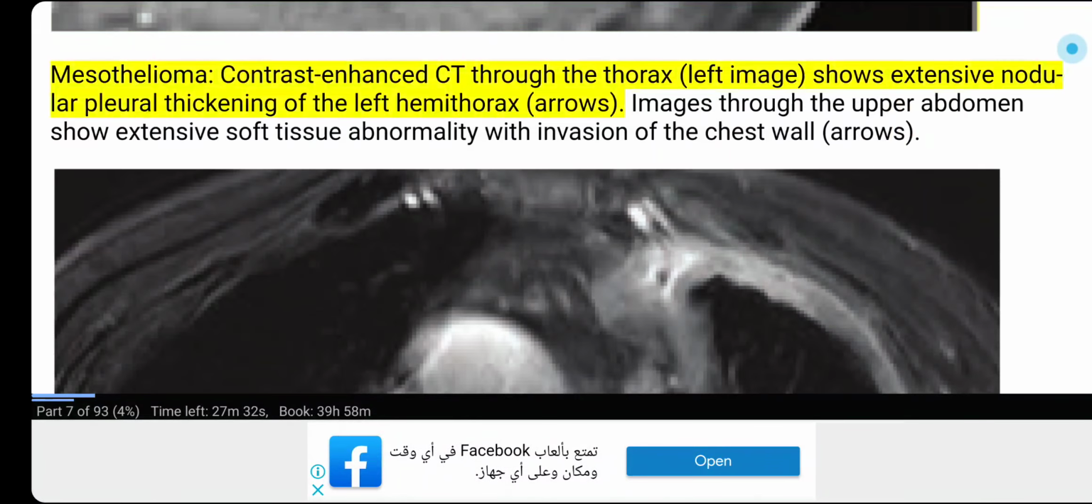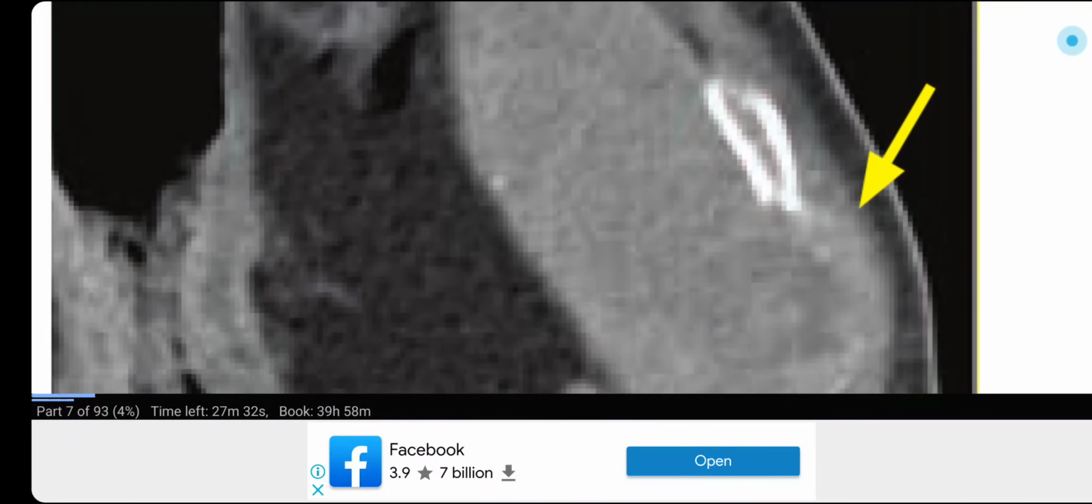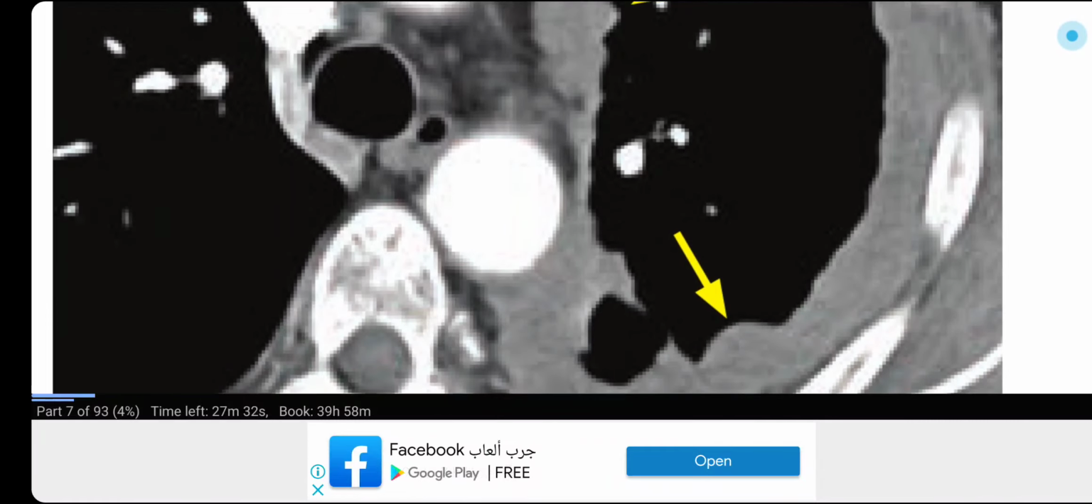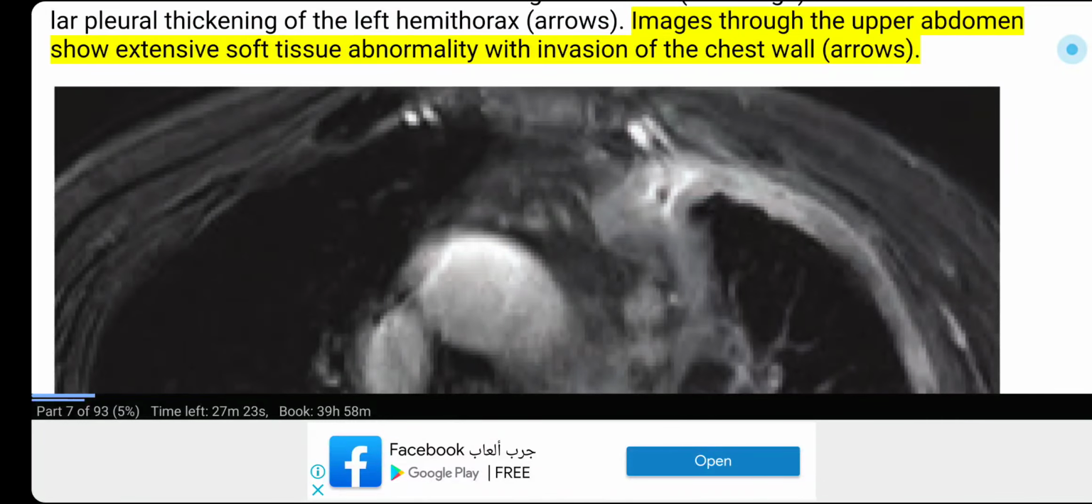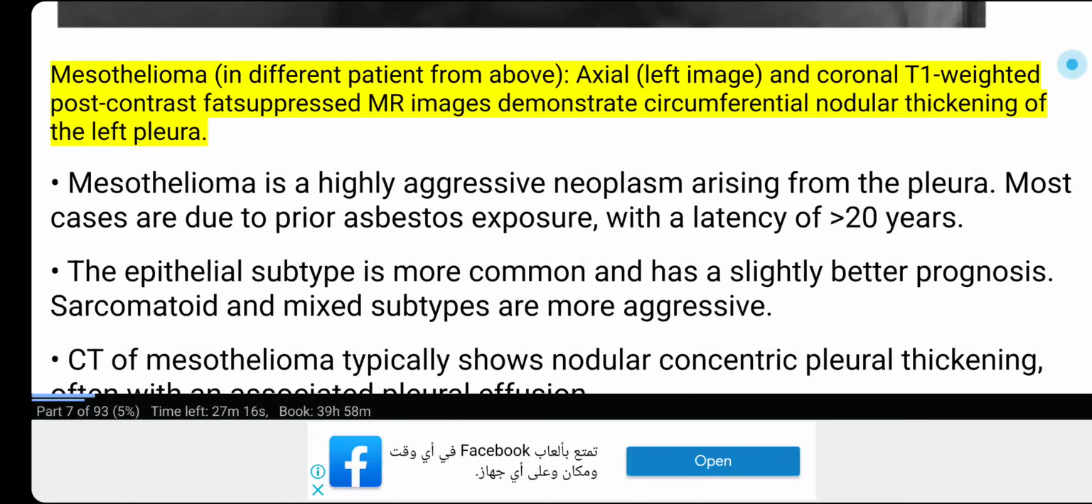Mesothelioma. Contrast-enhanced CT through the thorax, left image, shows extensive nodular pleural thickening of the left hemithorax, arrows. Images through the upper abdomen show extensive soft tissue abnormality with invasion of the chest wall, arrows. Mesothelioma in a different patient from above. Axial, left image, and coronal T1 weighted post-contrast fat-suppressed MR images demonstrate circumferential nodular thickening